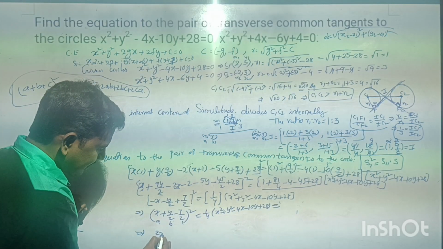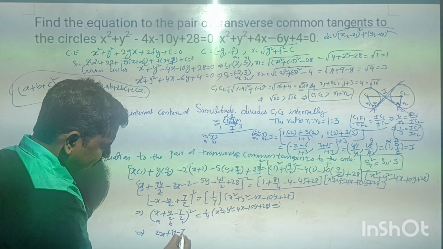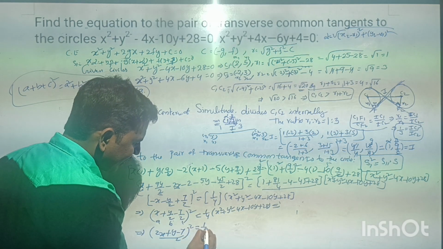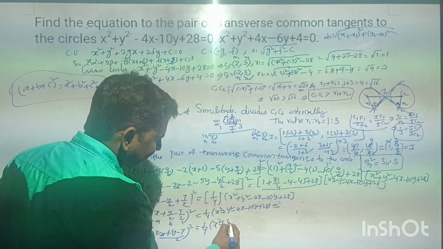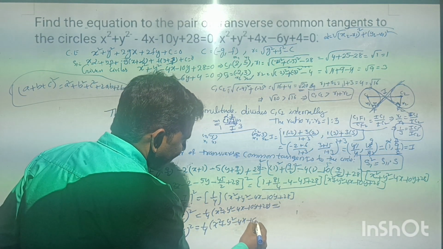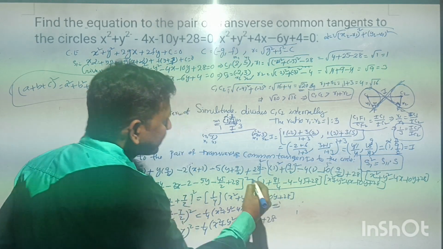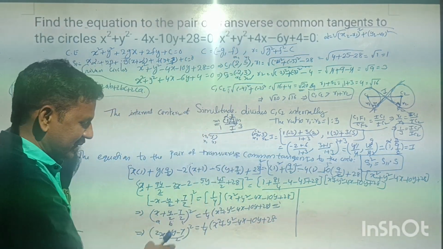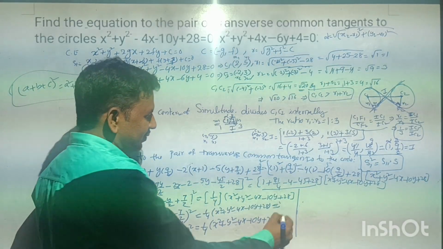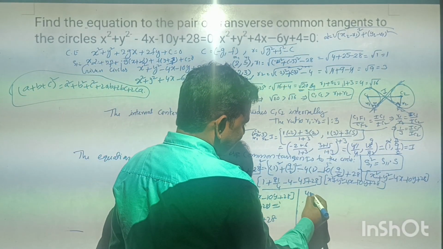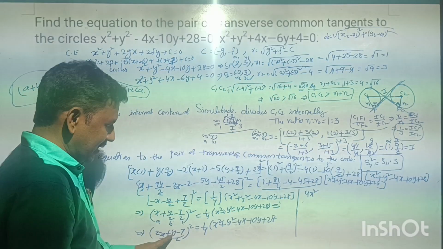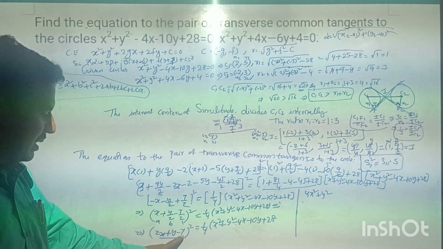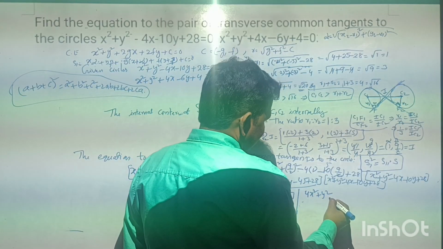Therefore 1 by 4 into 2x plus y minus 7 by 2 whole square equal to 1 by 4 x square plus y square minus 4x minus 10y plus 28. Now here apply the formula. So a plus b plus c whole square. So therefore 2x whole square means 4x square. So y square, b square. For c square here the 7 square, c is 7 square,